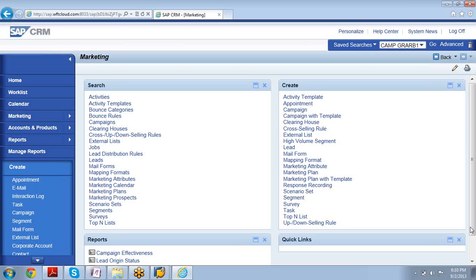The one differentiation you'll find from your Siebel experience with SAP experience is that the amount of customization to achieve the results is quite a bit less.